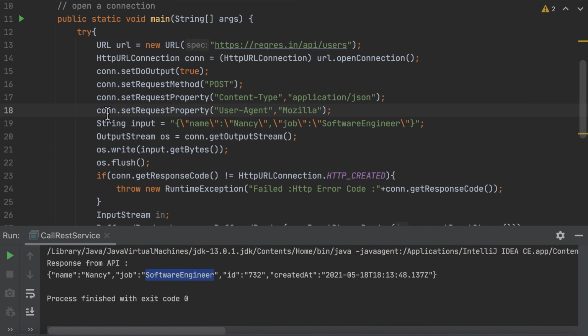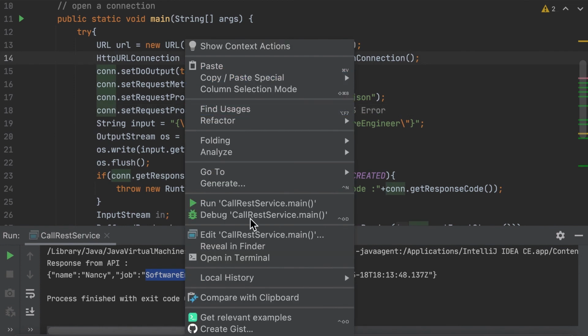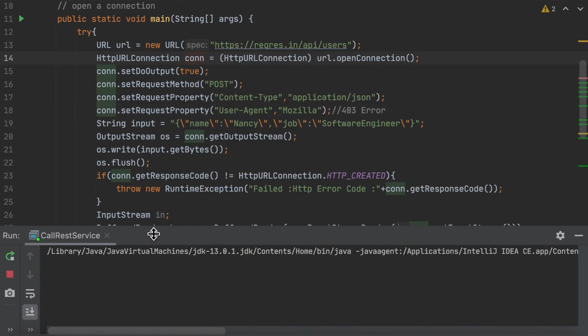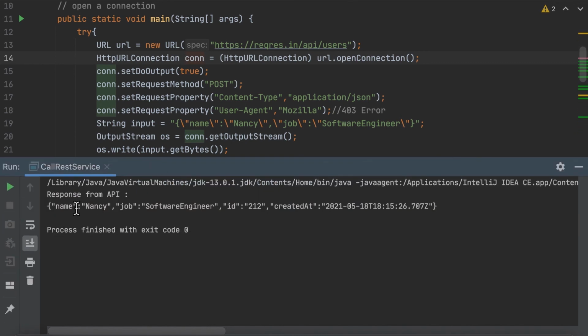Just use this only when you're getting a 403 error. Okay, save it. Let's run it one more time, just for namesake. See, we got the response again.